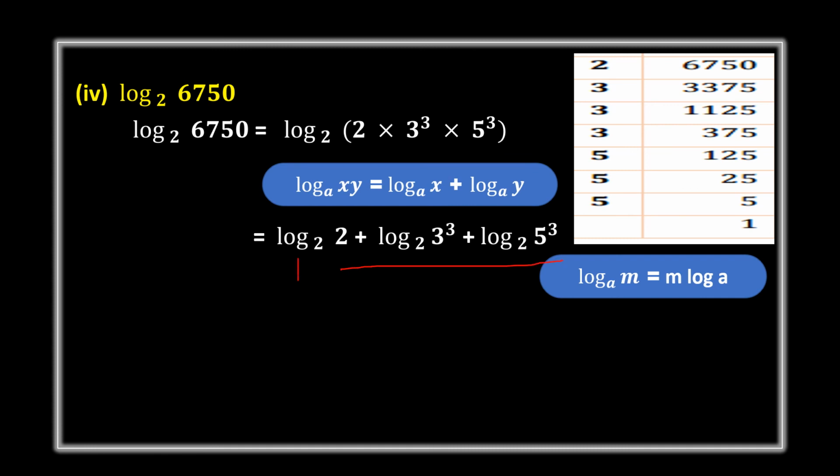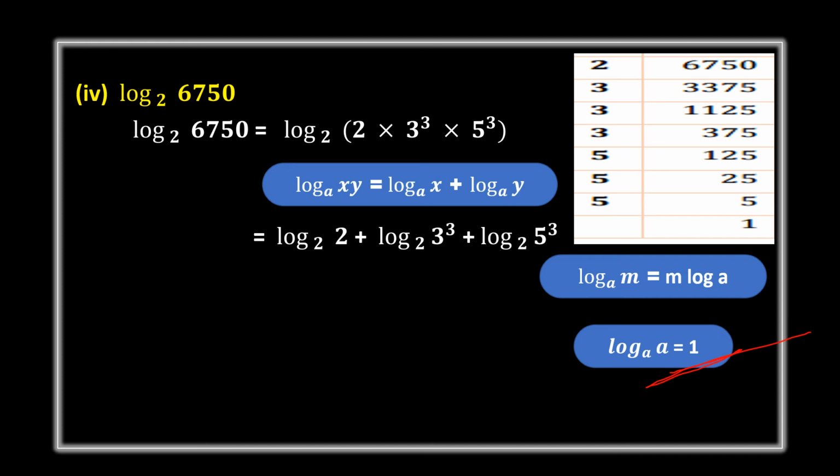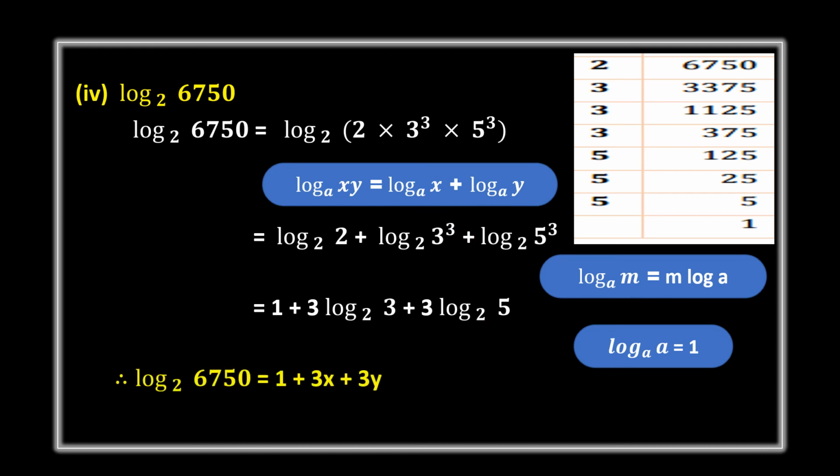This log 2 base 2 we can write as 1, because our log a base a equal to 1, right? So instead of log 2 base 2 I can write 1, and this 3 I'll send to the front, because I'm using this property here, and this 3 also I'm sending to front, because the same formula is used here. Okay, so 1 plus here log 3 base 2 is x and log 5 base 2 is y. Okay, now we got the expression in terms of x and y, 3x plus 3y plus 1, right? So this is all about your exercise 1.5 third bit.